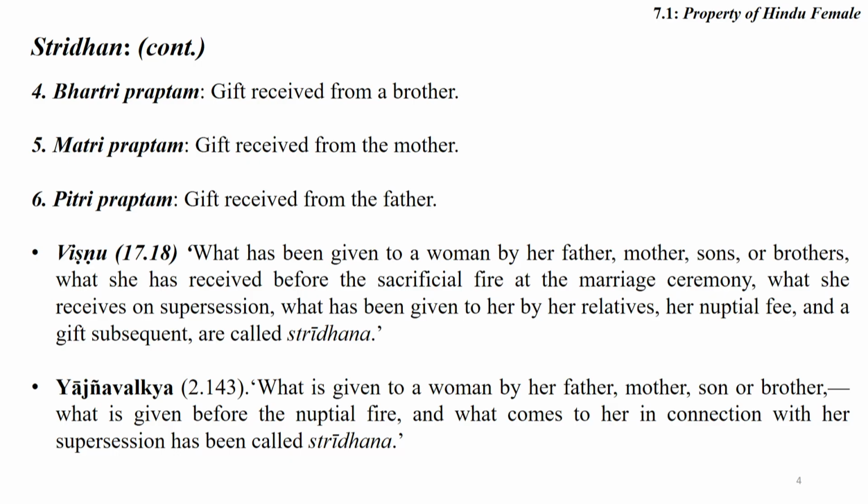Yajnavalkya, in chapter 2, verse 143, states that what is given to a woman by her father, mother, son or brother, what is given before the nuptial fire, and what comes to her in connection with her supersession has been called Stridhan. Vishnu and Yajnavalkya also supported the idea of Manu Smriti, but the idea of Yajnavalkya is wider in terms of